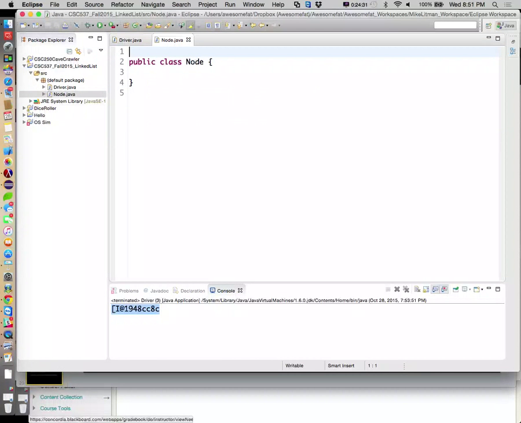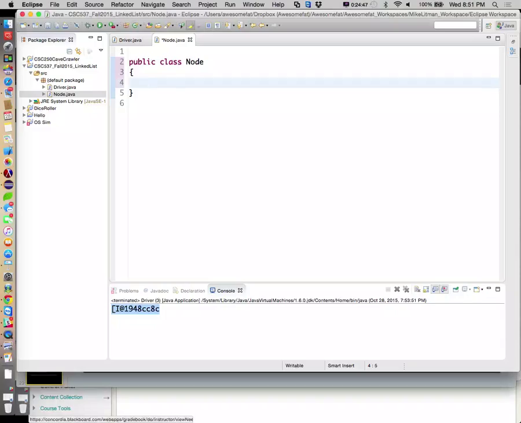All right, so there's our node class. And we've said that nodes are going to hold two pieces of information. They're going to hold a payload, and we're going to create a linked list of integers, seeing as our homework seems like it's going to require us to hold a bunch of integers, right? So let's make something that's compatible with that.